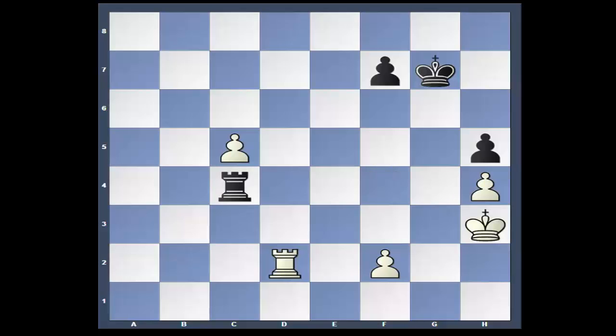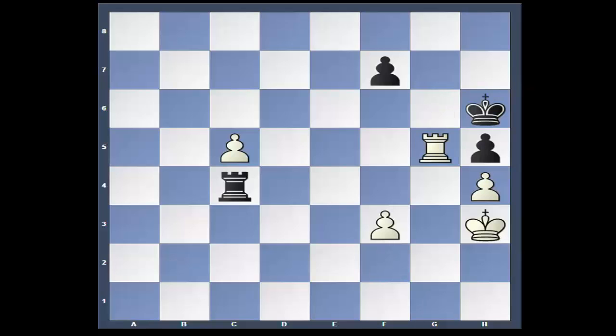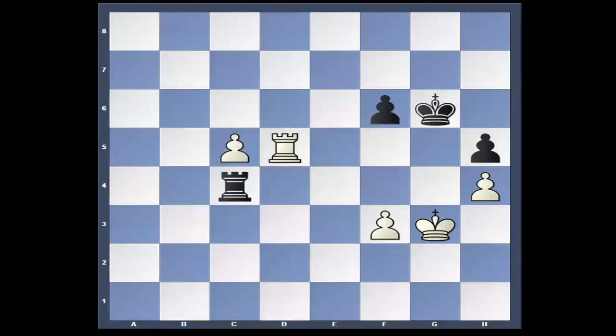Rook c4. Rook d5. King. Rook checks. King. f3. Rook. Rook d5, still protecting the pawn on c5. King. Those of you that are trying to learn some of these rook endings would be best to...